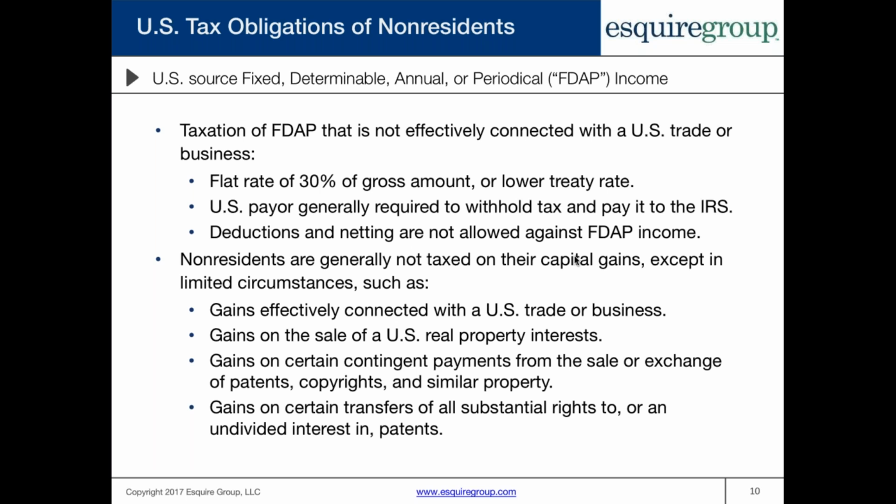Now, in the example that I gave, the Panamanian resident would not be required to file a U.S. income tax return because all of the tax liability was satisfied through withholding. If you remember at the beginning of the presentation, I said that a non-resident would have to file if they received U.S. source FDAP income and the tax liability was not satisfied through withholding. So if the full tax liability was satisfied through withholding, then the non-resident alien would not be required to file a U.S. income tax return.